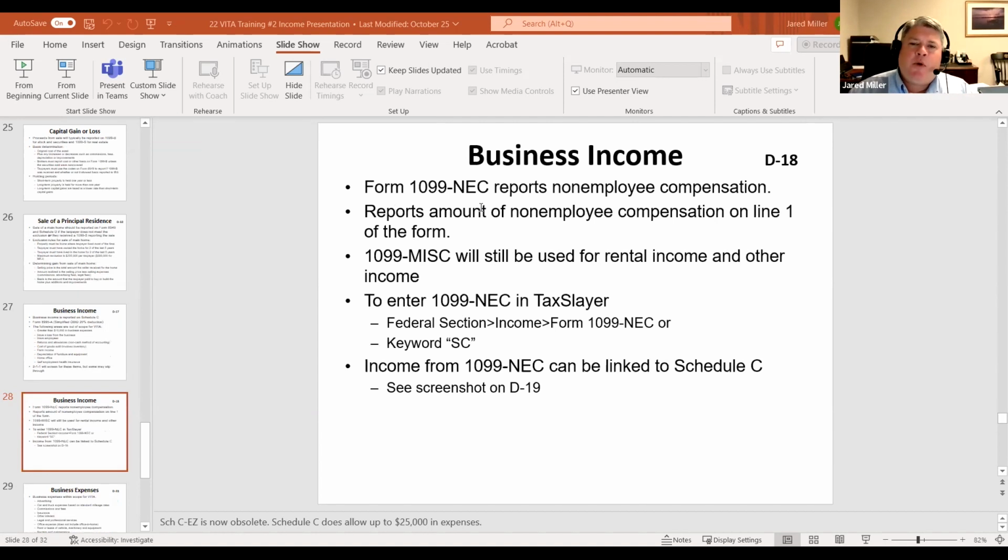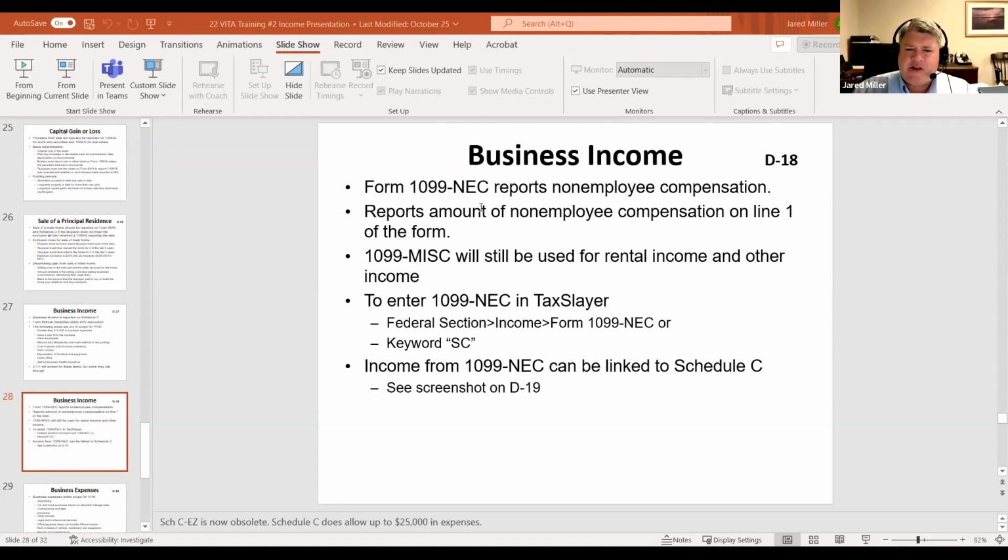Now, how do we determine what business income we have? Well, one way we could get that would be if we have a Form 1099-NEC. The NEC stands for nonemployee compensation. So that's going to be reported if individuals are working for a company or doing business for a company, and the company is going to report that to them. It's going to have their Social Security number on it. The government's going to know that they've been paid. So we're going to have to report that on the tax return itself.